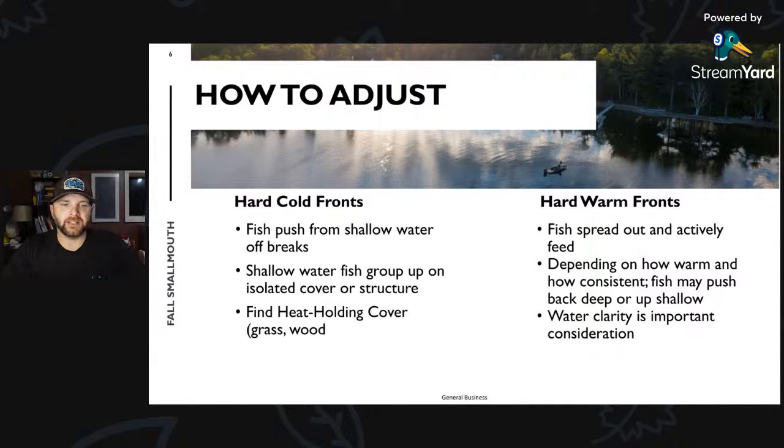The other big deal here is water clarity is a really important consideration, because if that water clarity is